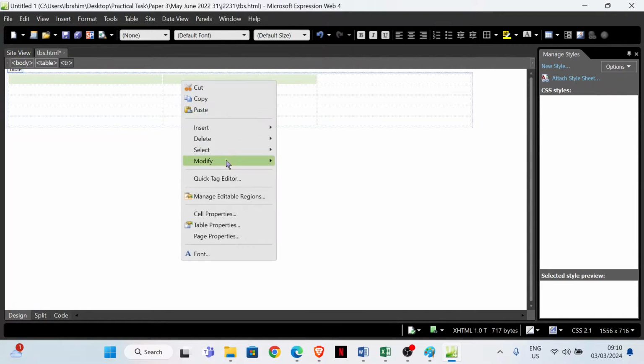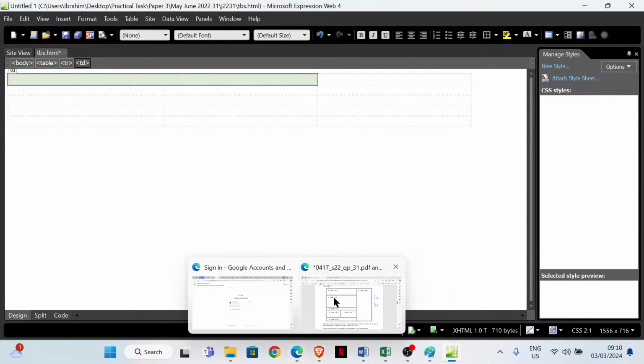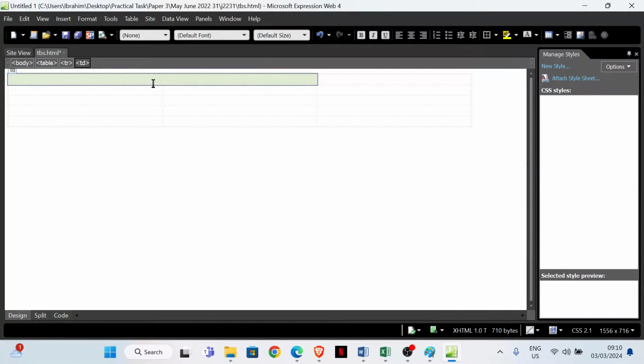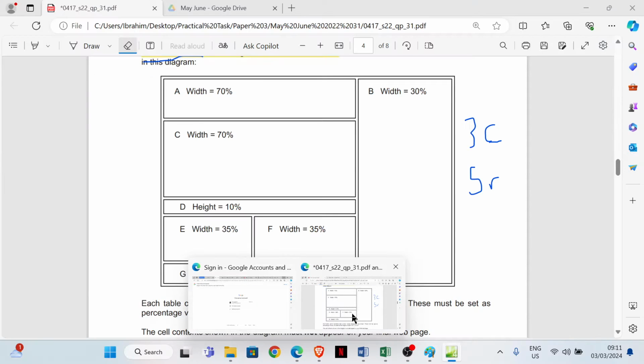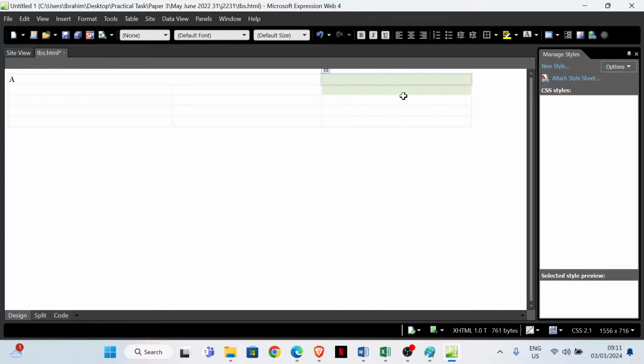Right click, modify, merge cells, and this is cell A. It's always advisable to type the letters so that when you are adding the contents, you don't mistakenly put it in the wrong cell. Okay, so we have B. Okay, cell B,